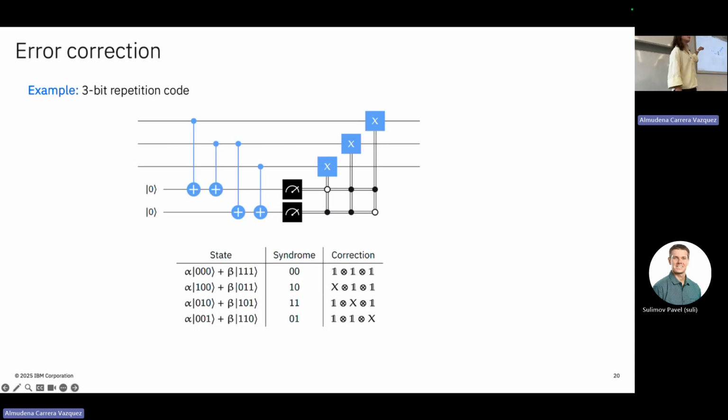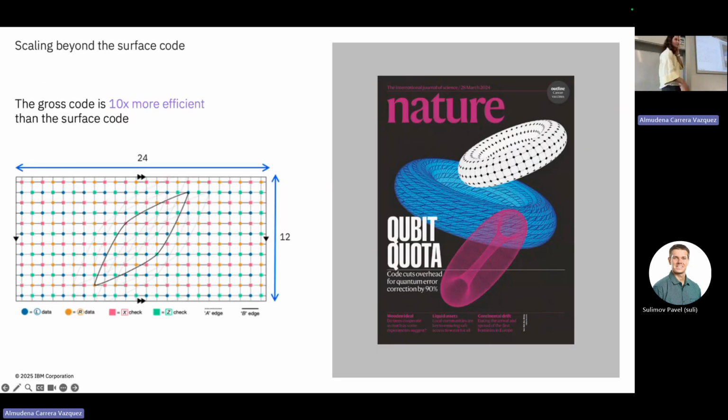Up to the paper that I showed you earlier, it was believed that only one type of code was useful for quantum computing, and that was the surface codes, which is what Google has. In the surface codes, roughly to encode a logical qubit, you need 2,000 physical qubits, which is quite a lot. In this paper, they show how to use different types of codes, called LDPC codes, for low density parity check, if you're interested. What they showed is that this is 10 times more efficient, meaning you need 10 times fewer physical qubits to encode a logical qubit. And this is what IBM will build the fault-tolerant devices on, these LDPC codes.